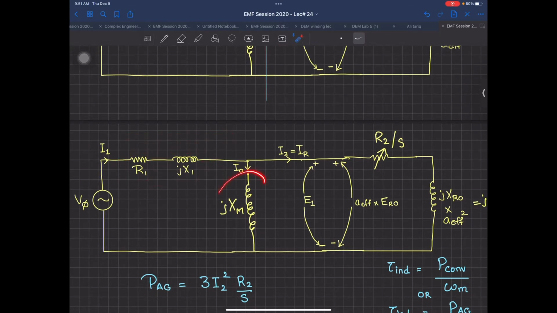But on the other end, JXM is a little large value, because this is based on the air gap. Certainly, this is going to be smaller than the one in a transformer. But now I am not comparing an induction motor with a transformer. I am at present comparing this one with these two values. So technically over here, JXM is a very large value, maybe 10 times larger or 100 times larger than R1 and JX1 individually. So I have to apply now some approximations.